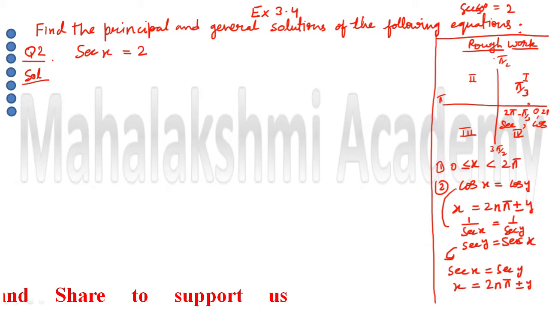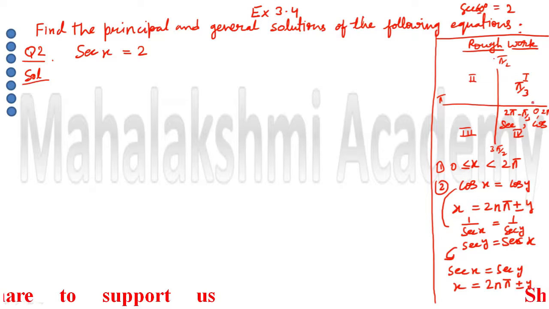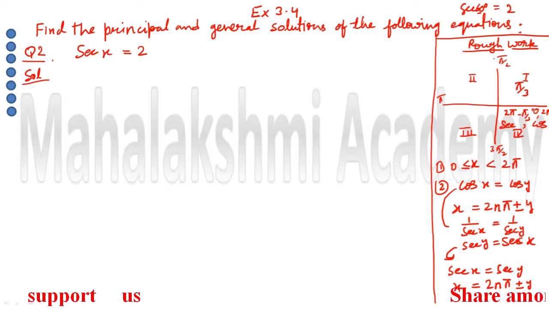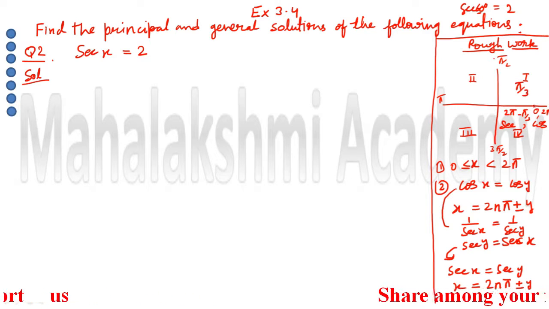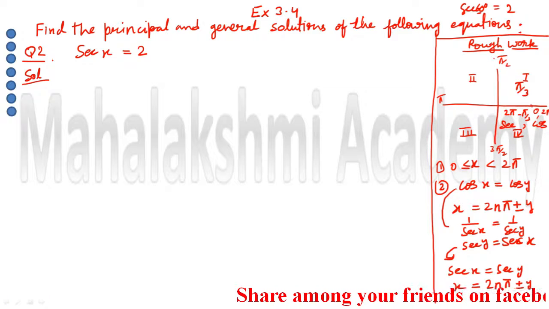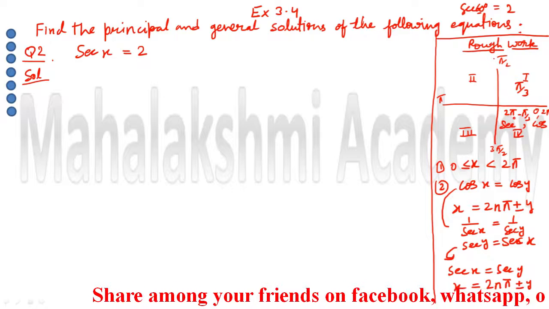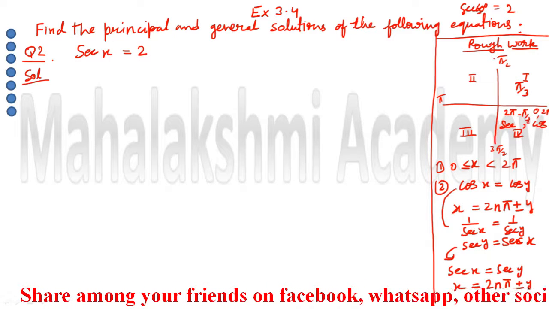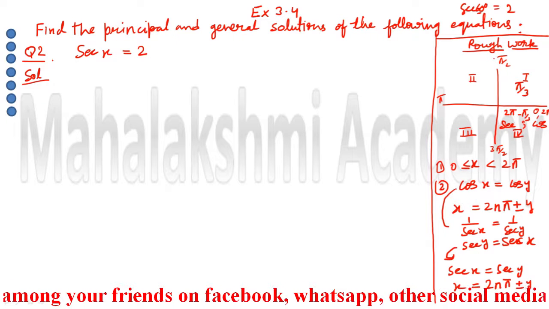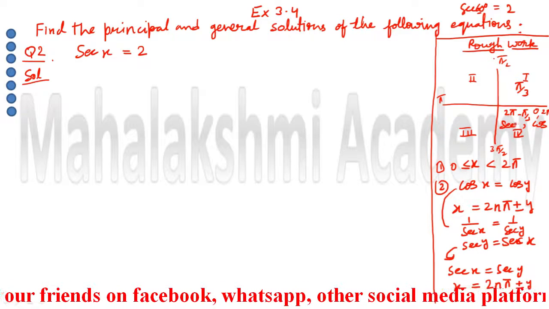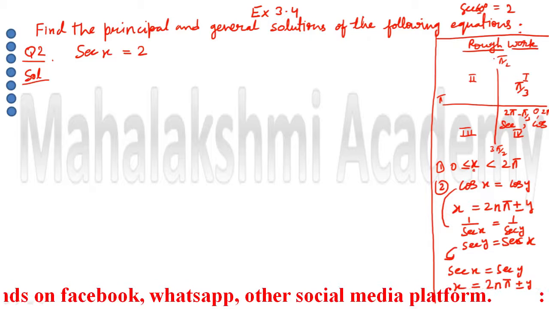So if we have to move in the fourth quadrant, then you have to move back. If you have to move back, here which angle is there? 2 pi. Here 0 as well as 2 pi. So 2 pi, and if you need to move reverse, then you have to do minus. So 2 pi minus pi upon 3. So there are two angles where sec is 2, which is satisfying this condition.